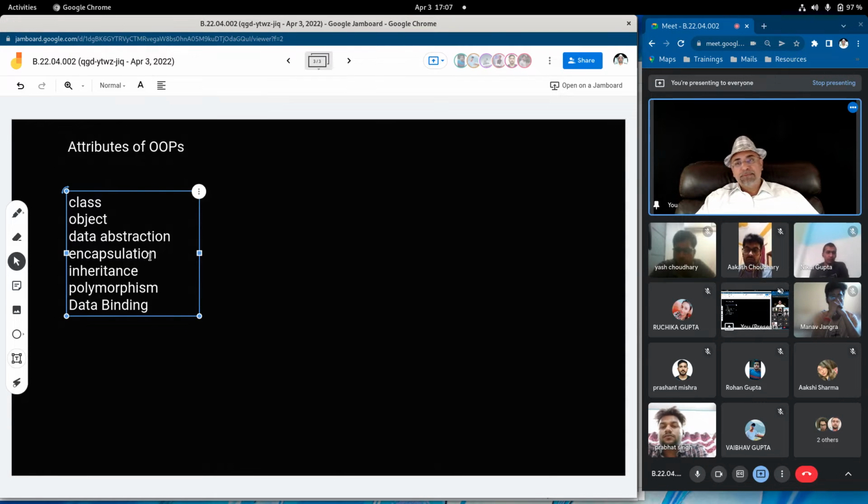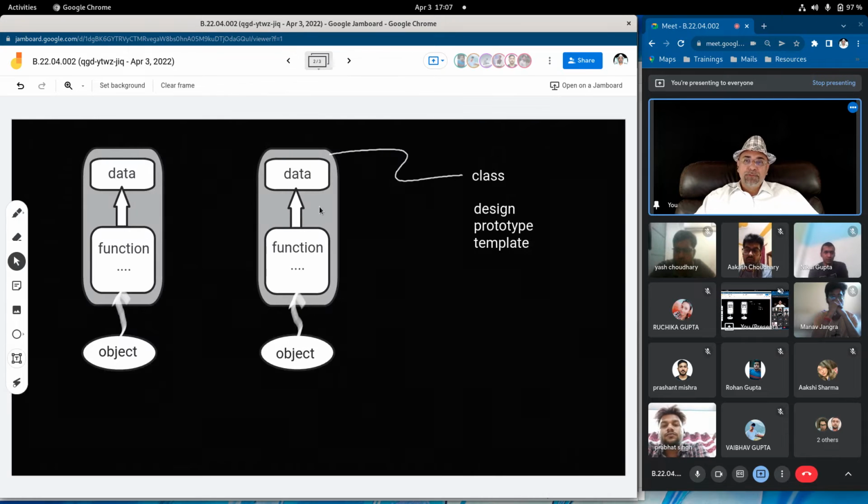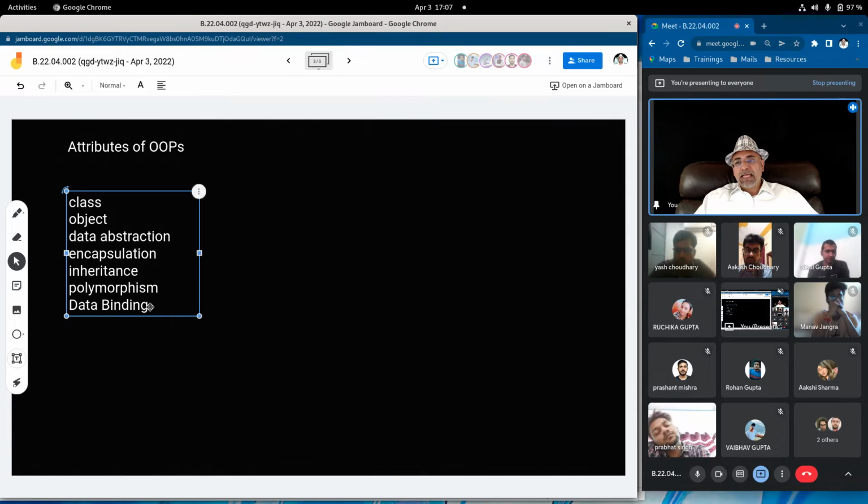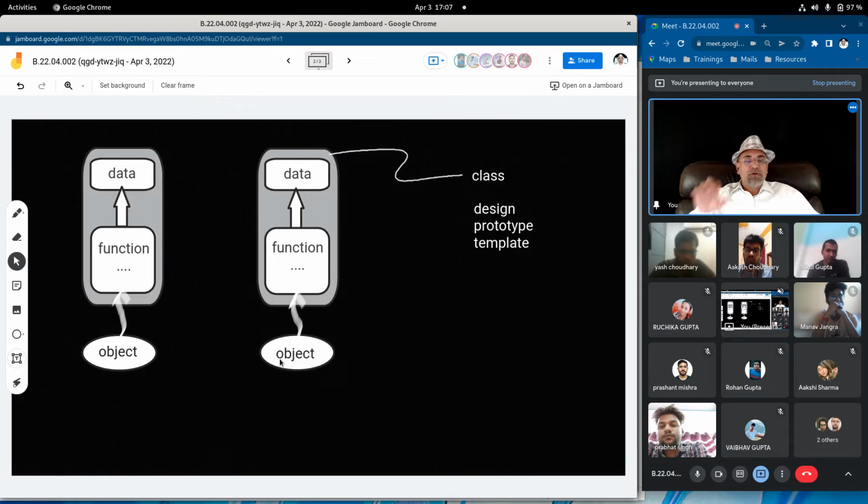And then data binding. The data is bound to certain functions to perform specific operations only. This is called data binding. And last but not the least is message passing. Now the objects, once implemented, will occupy space in memory. This is the real world entity. This was just an imaginary thing.